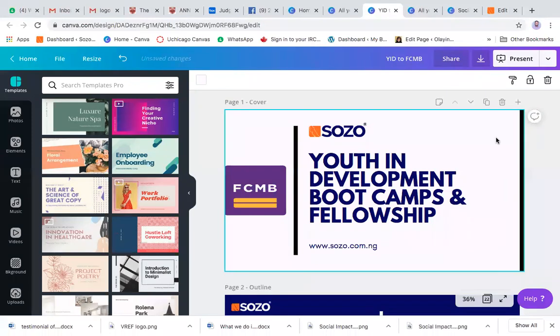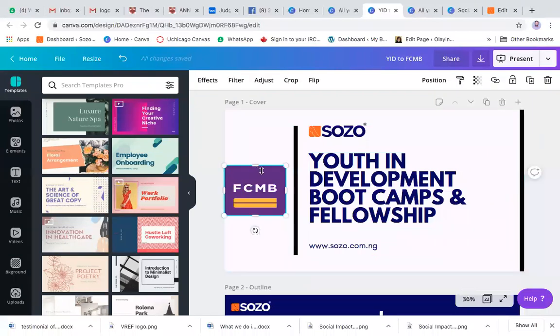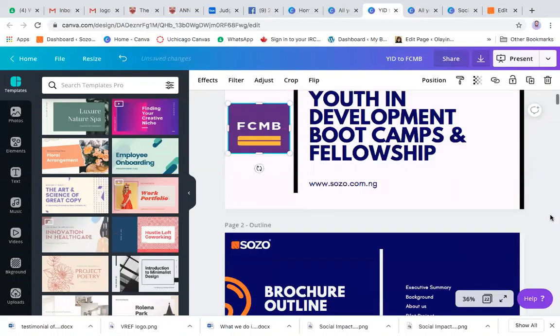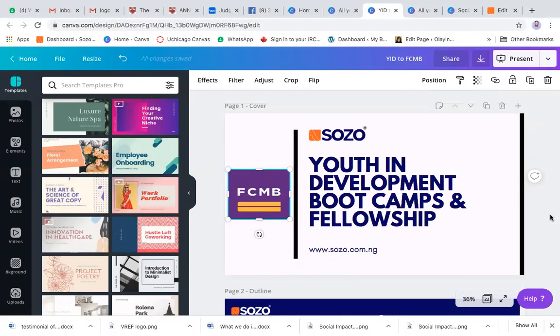This is what makes your design look professional. The old rule of alignment thing. I could also align this one to the middle or move it to the end, depending on how you want to. By all the rules that I'm teaching you, you will realize at the end of this short session